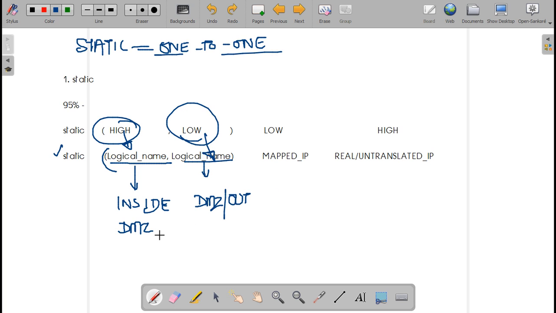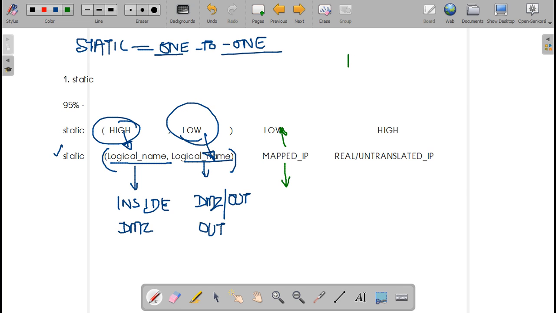Then if you are in DMZ, this will be possibly outside. Then finally close the parenthesis. Okay. Then you need to write down mapped IP, that will be the IP address at the low interface.